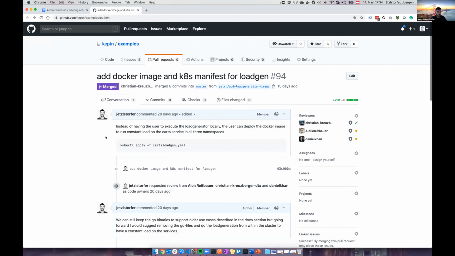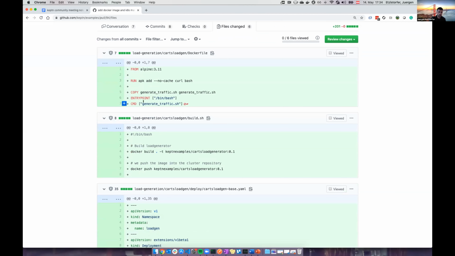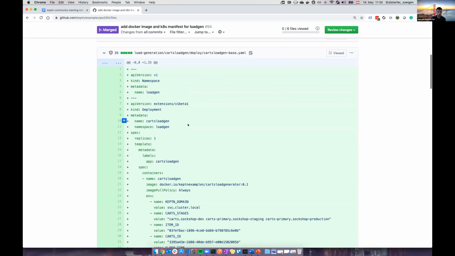Maybe I should go to the conversation first. What we wanted to achieve is that you just apply a Kubernetes manifest, and you will start the load generation inside the cluster to all the 3 stages that are typically created when you do the tutorials with Keptn and its shopping cart service. It's a very simple load generation script. It's still a shell script, but there is no need for you to execute it. You just start the load generation, and we have a couple of YAML files that can be applied